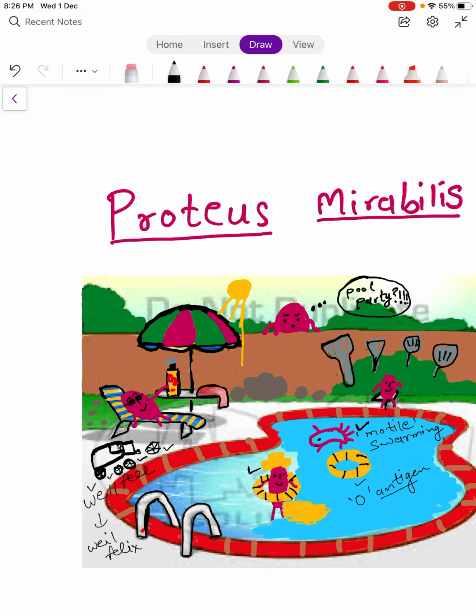Then you can see here this father bacteria is taking rest, and having umbrella and the sunglasses. Why he is wearing the sunglasses? To be protected from UV rays. So this UV rays represent urease. So urease is the